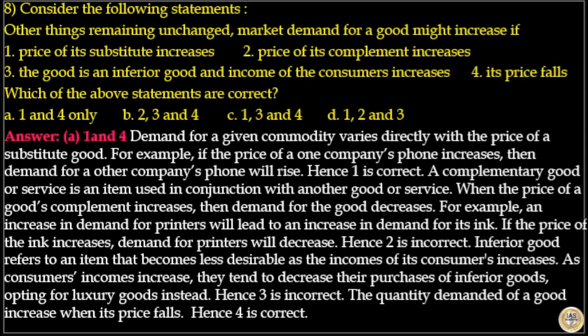Inferior good refers to an item that becomes less desirable as the income of its consumers increases. As consumers' income increases, they tend to decrease their purchase of inferior goods, opting for luxury goods instead. Hence, statement 3 is incorrect. The quantity demanded of a good increases when its price falls. Hence, statement 4 is correct. So, here the answer to this question is option A,